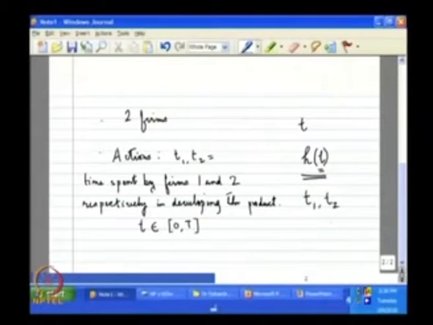And so, if I get H(t) fraction of the market, my rival gets 1 minus H(t) fraction of the market,